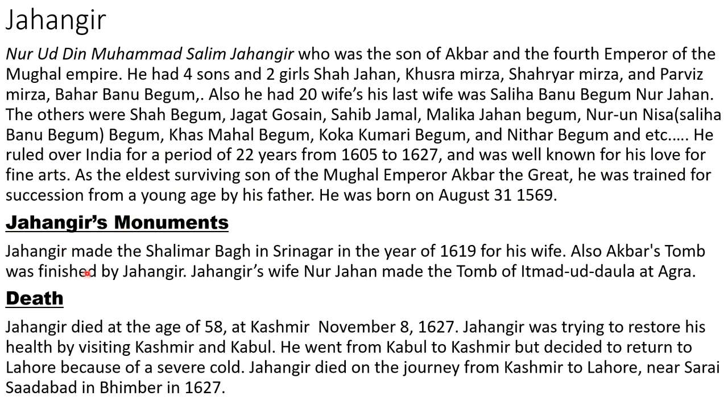Jahangir's monuments. Jahangir made the Shalimar Bagh in Srinagar in the year 1619 for his wife. Also, Akbar's tomb was finished by Jahangir. Jahangir's wife Noor Jahan made the tomb of Itimad-ud-Daulah at Agra. Death. Jahangir died at the age of 58 at Kashmir, November